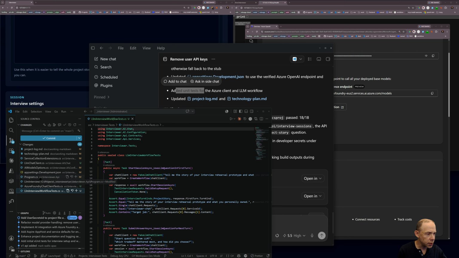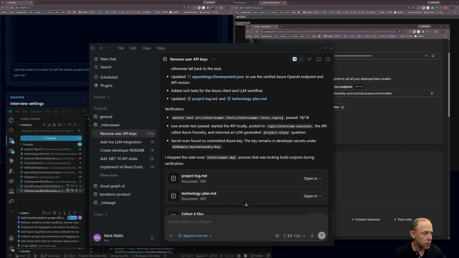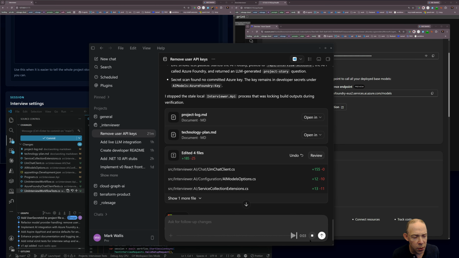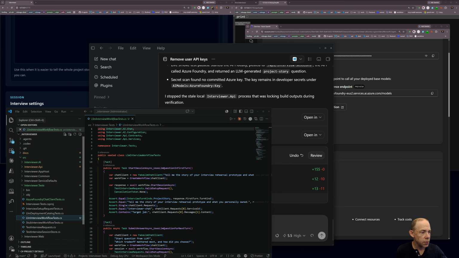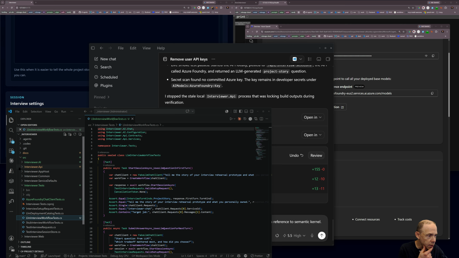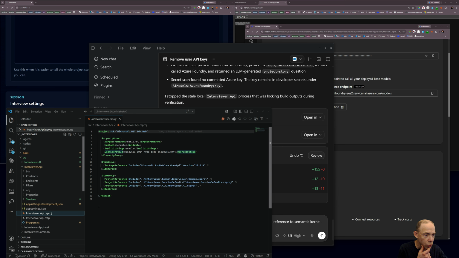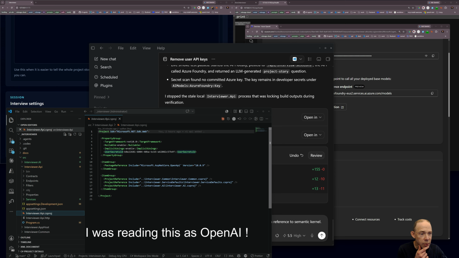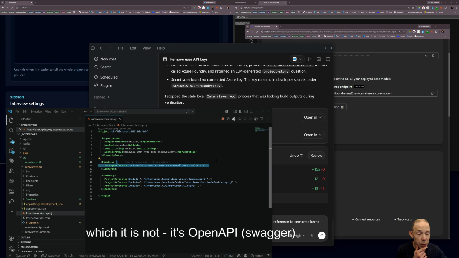I'm kind of expecting it to use Semantic Kernel, but I'm not seeing it being added to the project file. Just a quick question. Does it use Semantic Kernel? I can't see a reference to Semantic Kernel. Let me just double check that myself manually. So it's probably in the API project, and we would see it in the project file. There would be a reference. So we're actually referencing the OpenAPI